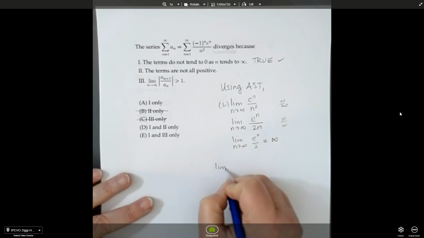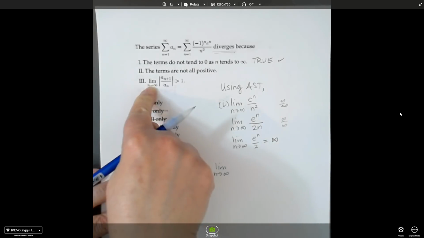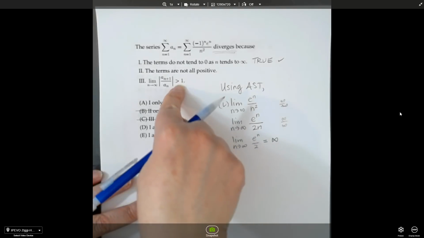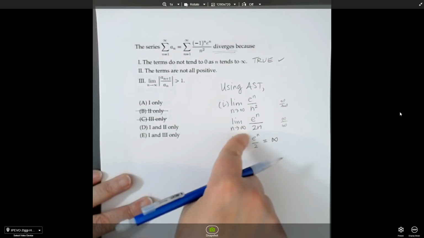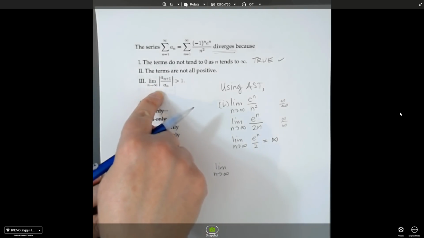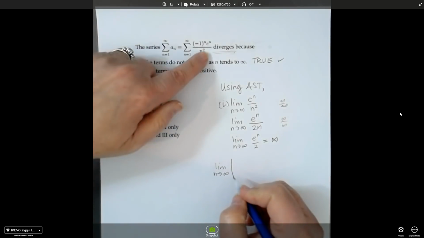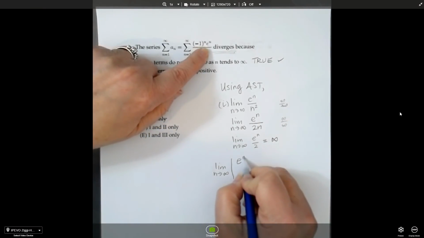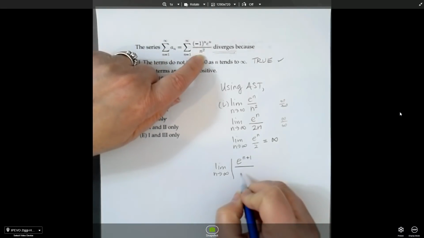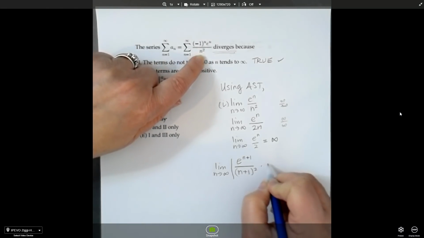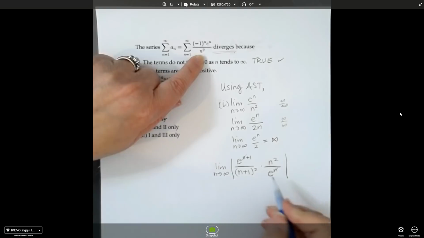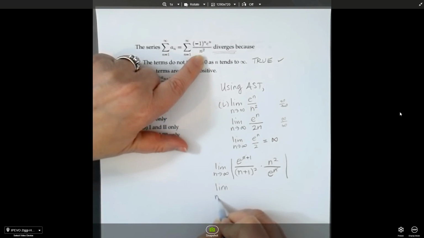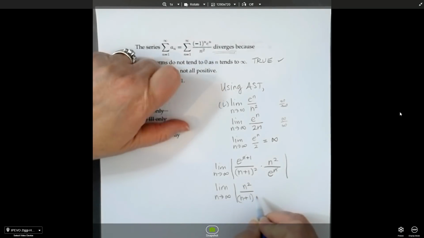So we'll take the limit as n goes to infinity, because this is the ratio test. And if it's greater than 1, regardless if it's alternating, we already said it fails the alternating series test. So I suspect it's going to fail this test too, but let's see what happens. I'm going to take the non-alternating piece, and I'm going to say e to the n plus 1 over n plus 1 quantity squared times n squared over e to the n. And I can get rid of the e to the n's, and I'm going to congregate my n's. I get n squared over n plus 1 quantity squared